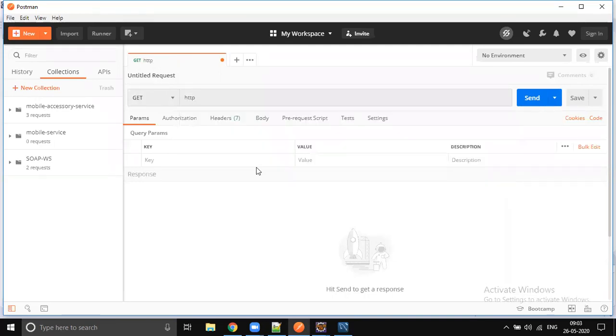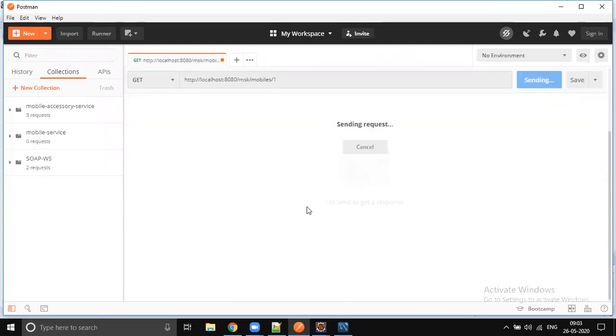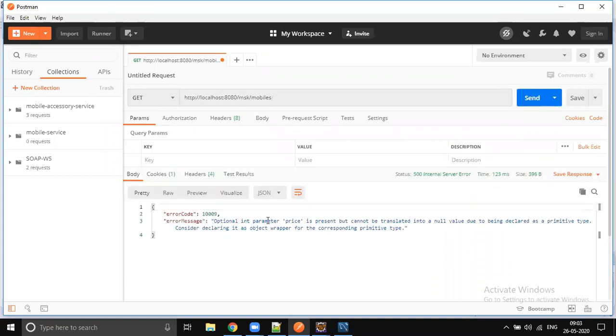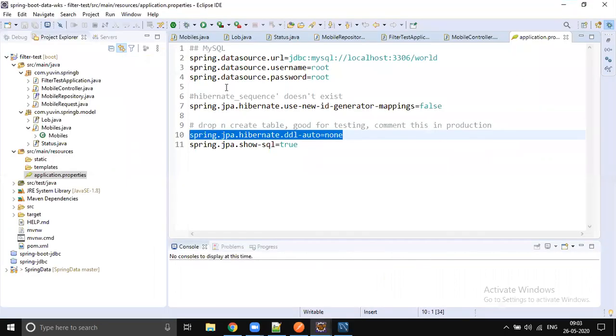If you send this, no data is present in the table, so you will get an exception: mobile not found with the given mobile name. Yes, that's true because no data is present in the table. If I try to get all the mobiles, you see empty arrays, right? The optional parameter price cannot be translated into null. Okay, that's fine. So we added a request param.